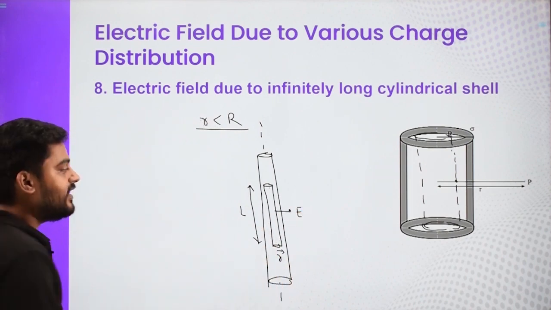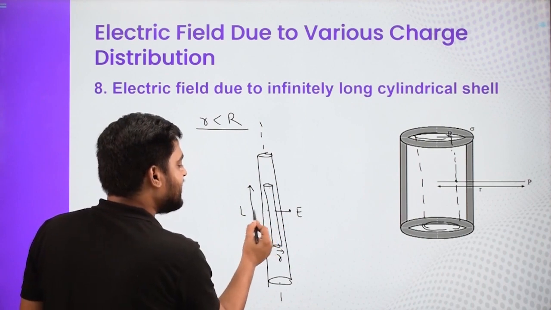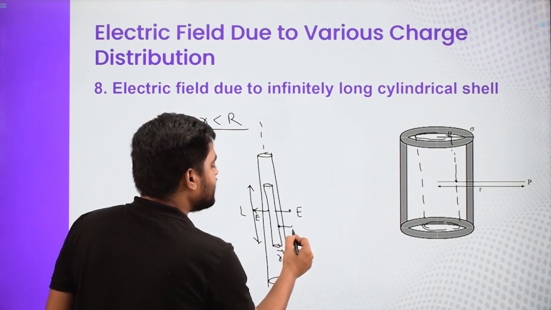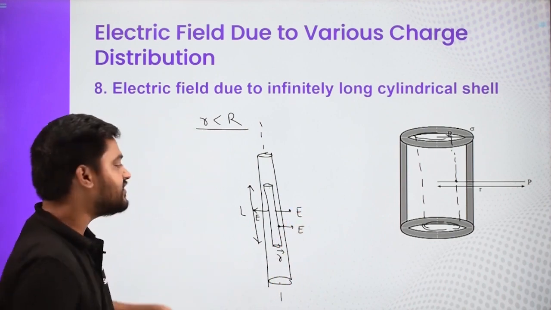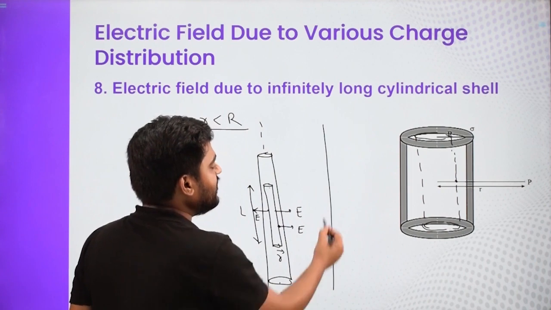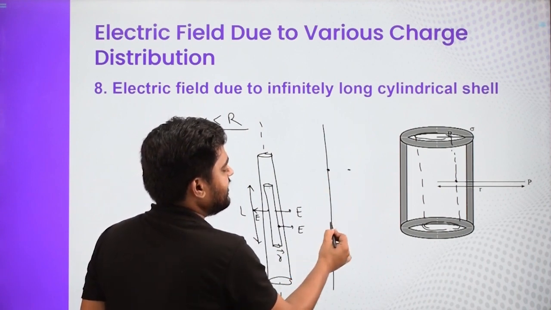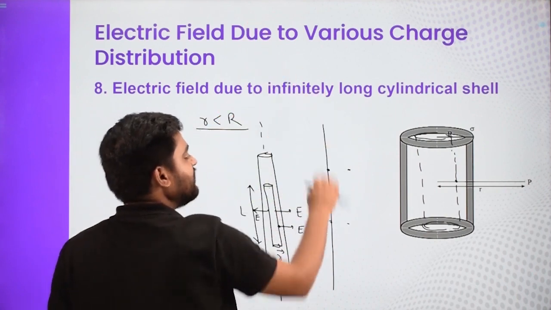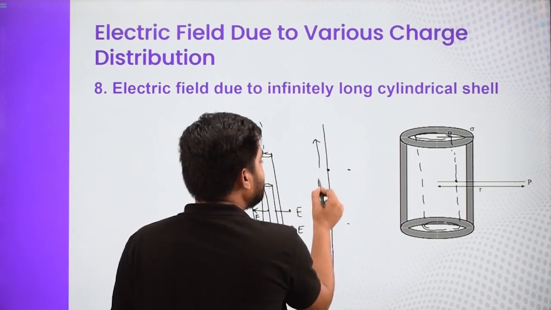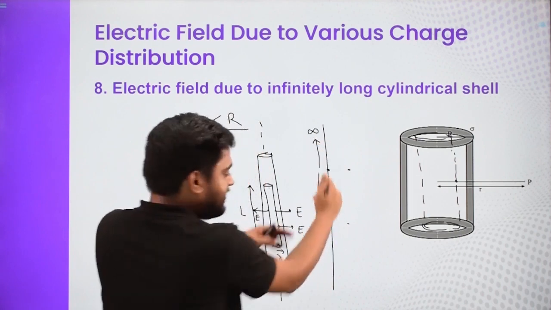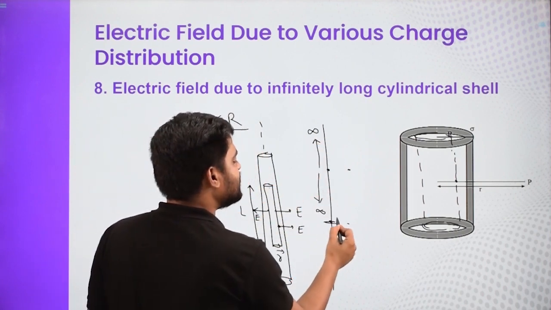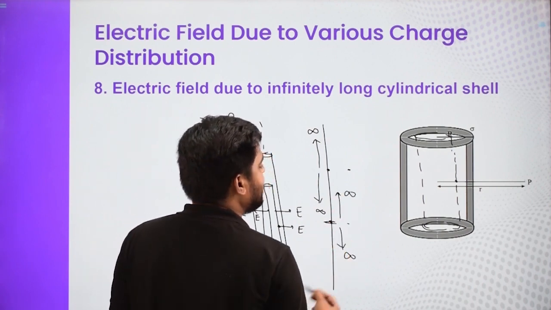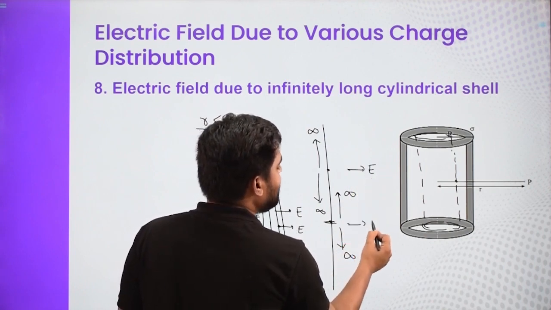Now if E is over here, then due to symmetry the electric field should be E over here. If we go slightly below, then at this point also E has to be the same in magnitude, because this is infinitely long, so this point and this point behave identically. Above this point an infinite cylinder is there, and below also an infinite cylinder is there. For this point also the same situation is there. So if it is E over here, then it should be the same as over here.